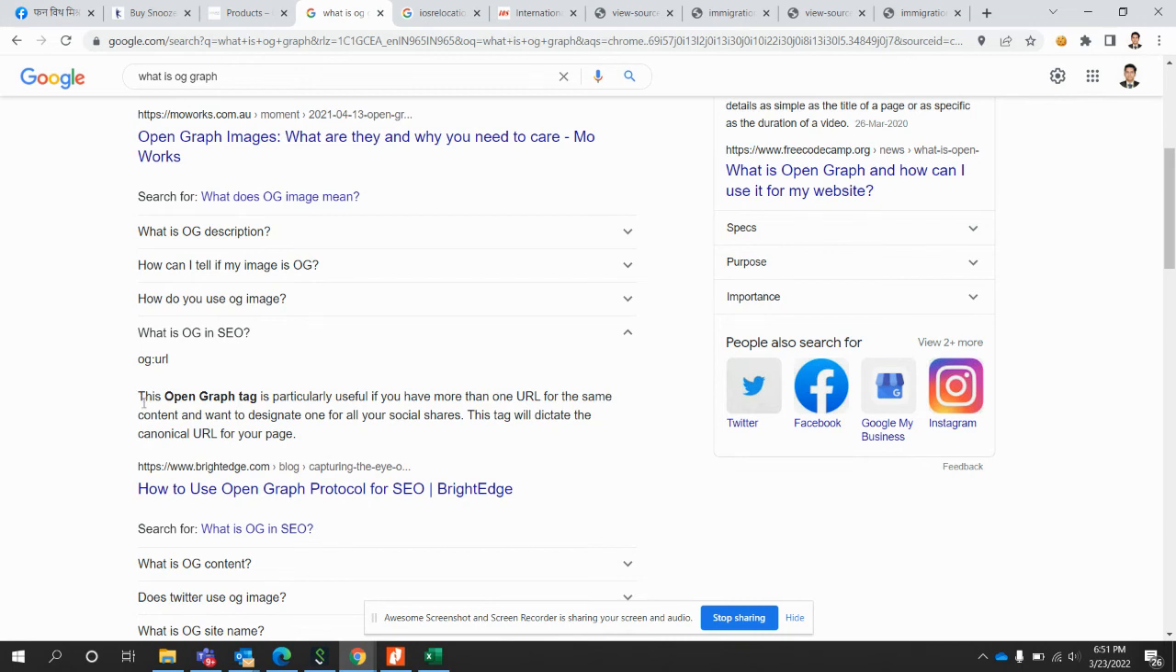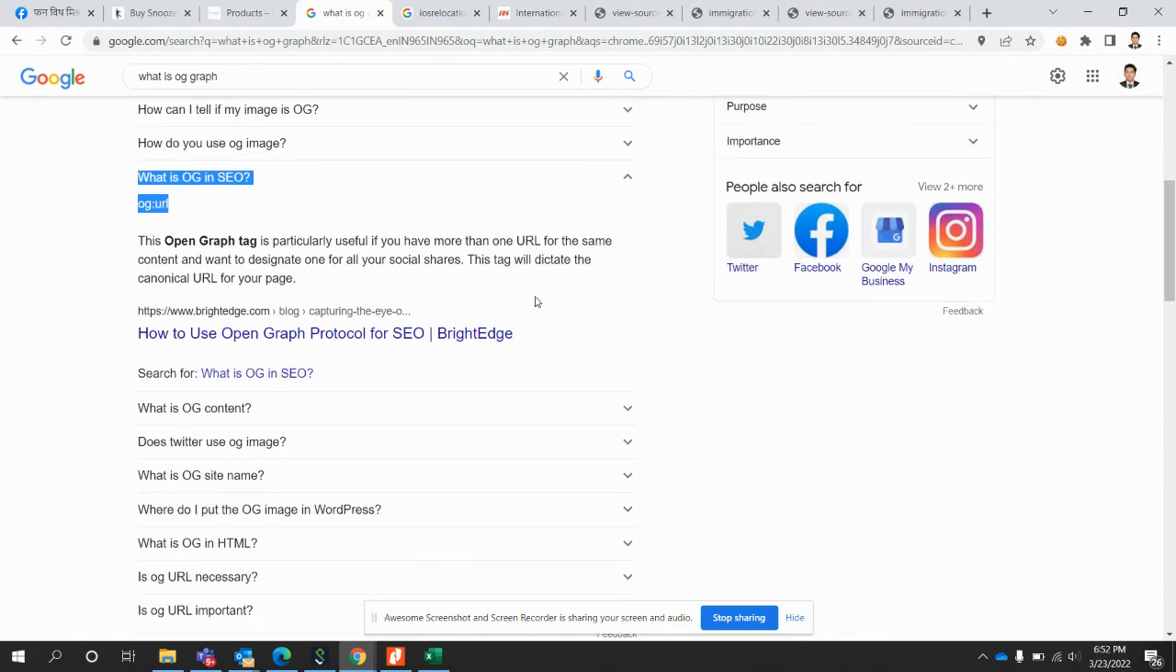So what this does for SEO, this Open Graph or OG image is particularly useful if you have more than one URL for the same content and want to designate one for all your social shares. This tag will dictate the canonical URL of a page. That's how you write it, and that's the advantage you have. And there are many